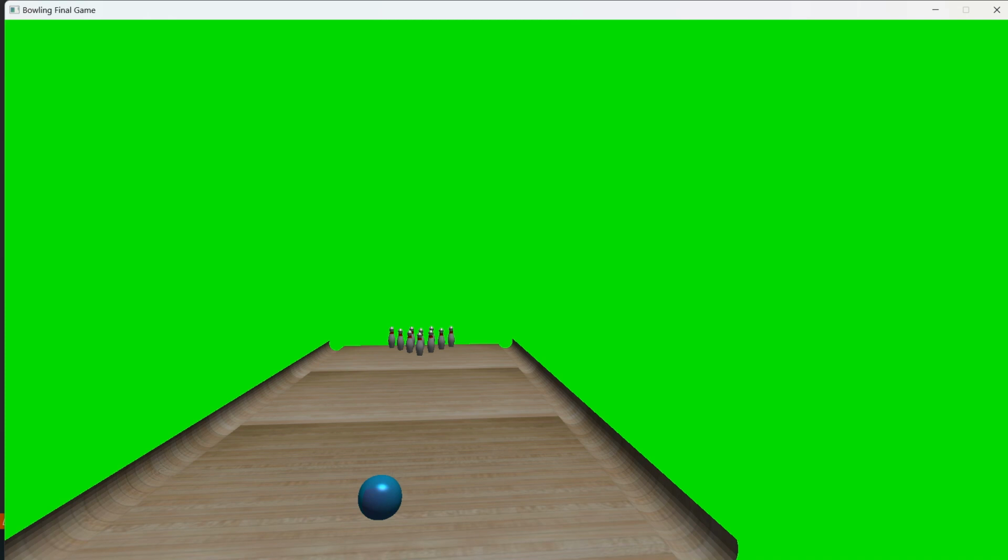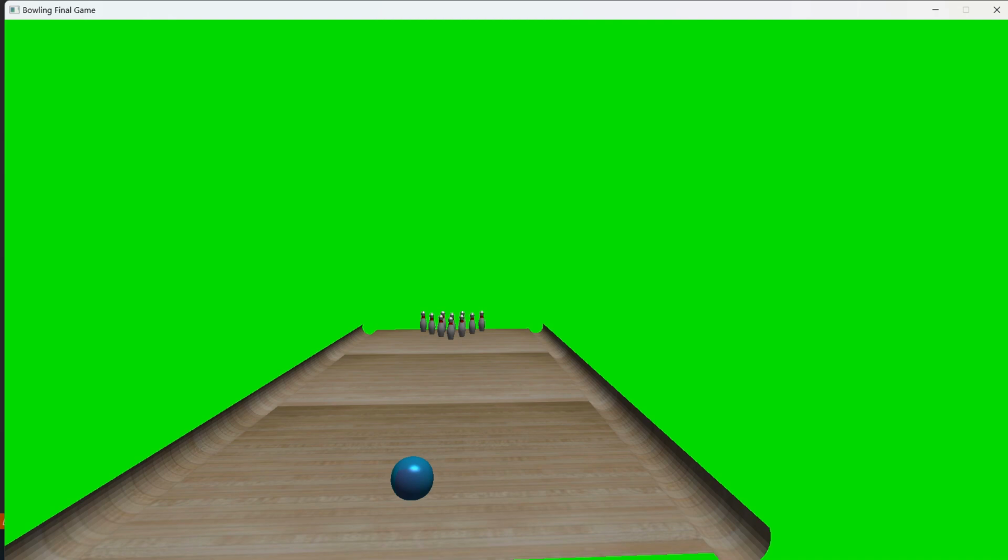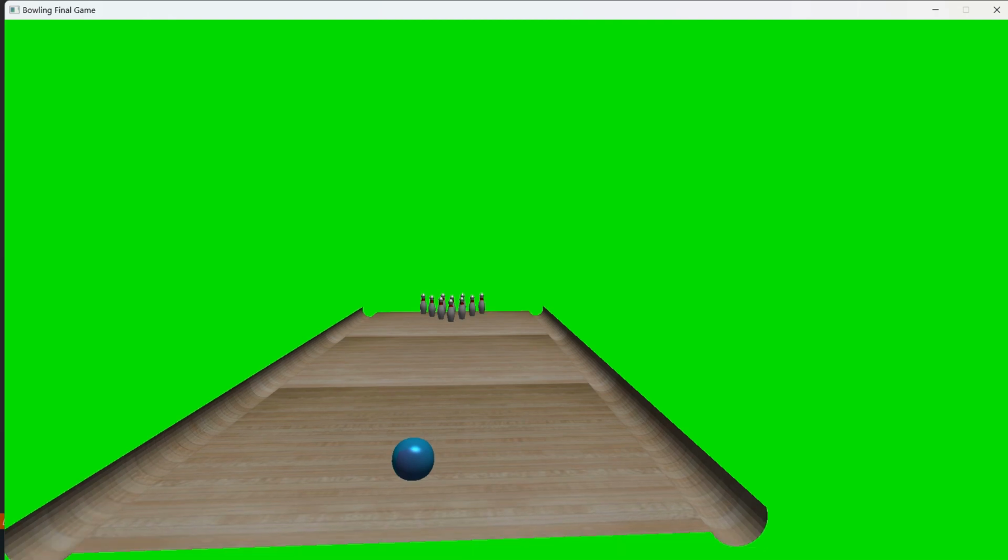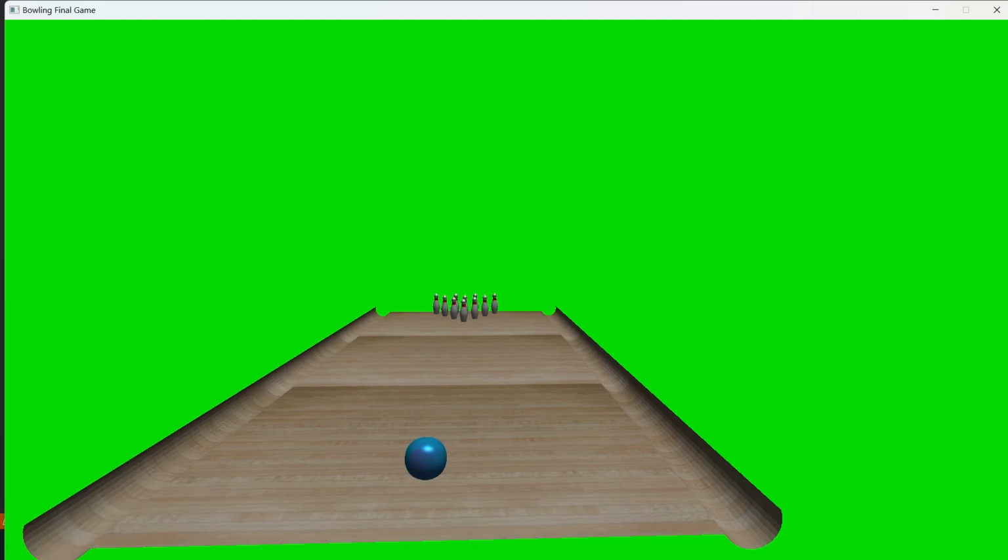Now I have implemented collision detection using the point distance between my pin and my bowling ball. If the point distance between my pin and bowling ball is less than 0.25, then I am saying that the collision has happened and the whole scene translates above. If my bowling ball hits the middle pin, then all of the pins translate above,